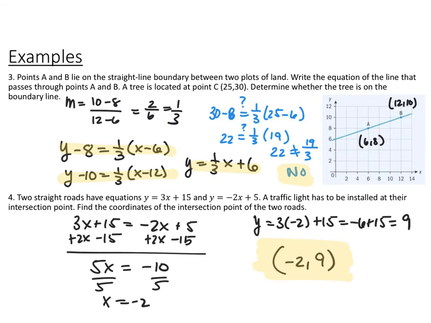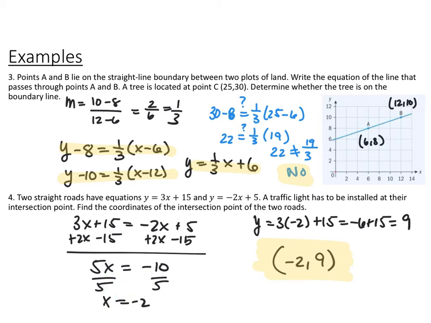Because these are both solved for y, this is set up pretty nicely for the substitution method, so I just set the 2 equations equal to each other and solved for x. So 3x plus 15 equals negative 2x plus 5. I added 2x and subtracted 15 from both sides, divided both sides by 5, and you end up with x